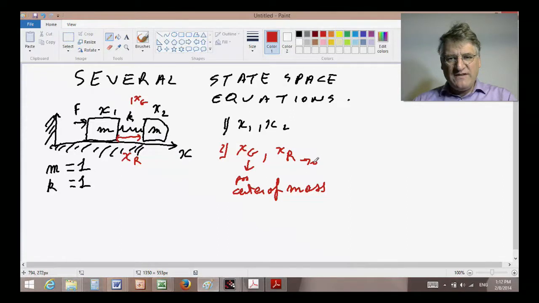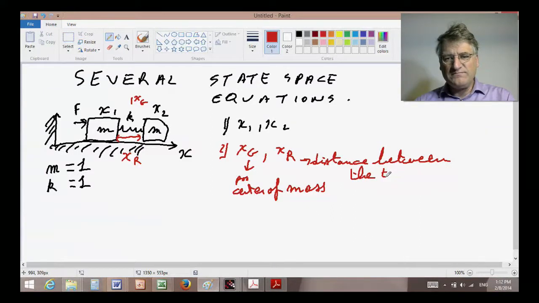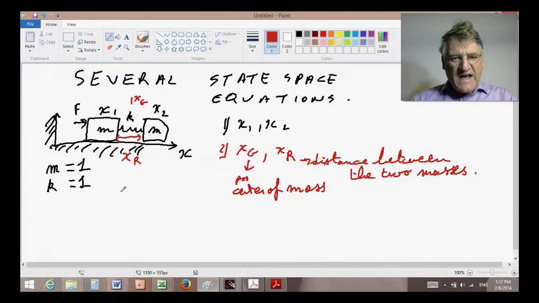So let me repeat, the signed distance between the two masses. Let's look at the equations of motion in both coordinate systems. Okay? In the first coordinate system, I have